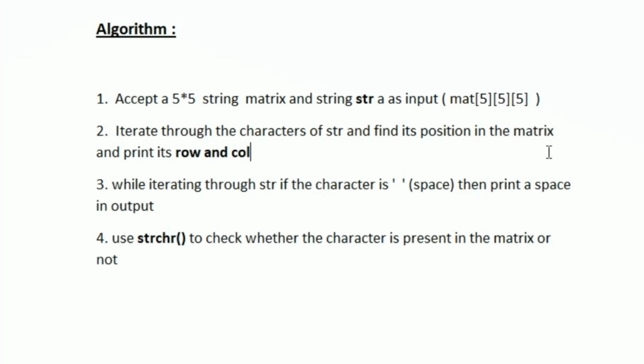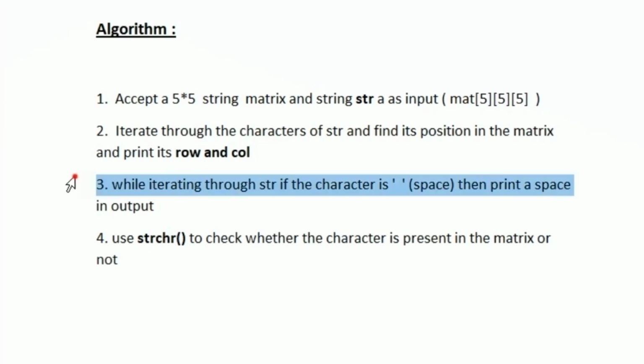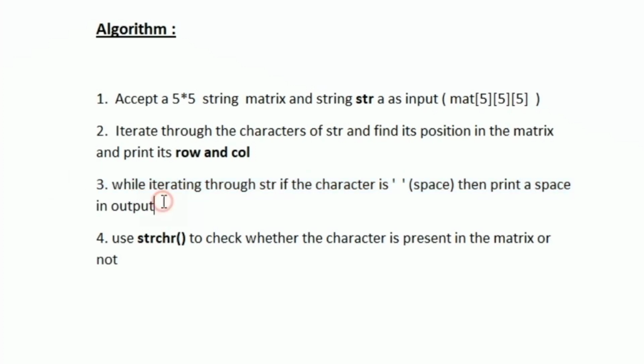It is also given in the question that str will be a space separated string, so we need not encrypt the character space. While iterating through the characters of str, only when the character is not equal to space, we need to encrypt. If it is a space, then in our output also we need to print a space. So in every iteration we encrypt only if it is a character. If it is a space, we can directly print a space in our output. This is how we will be iterating.